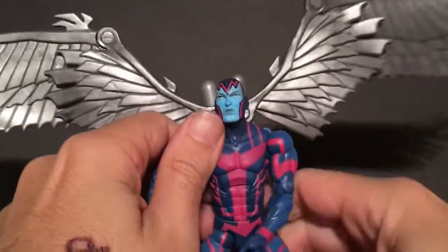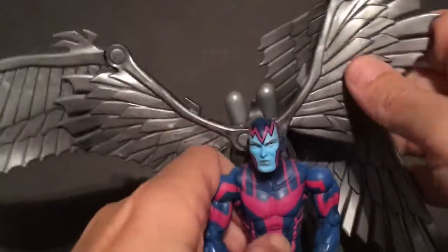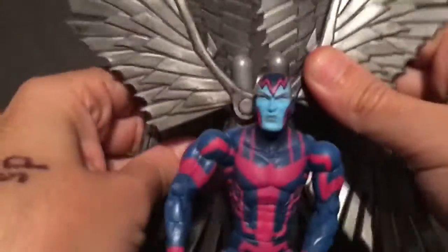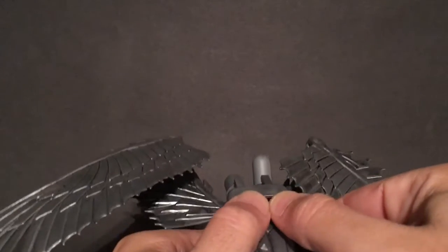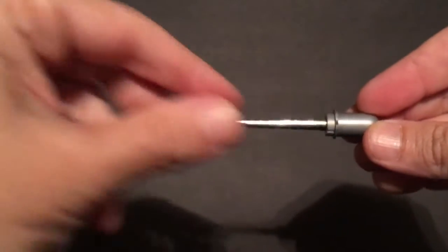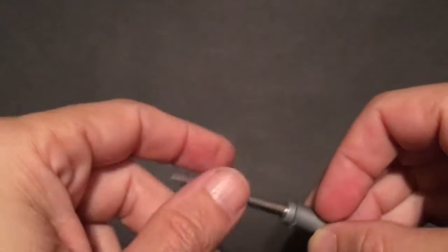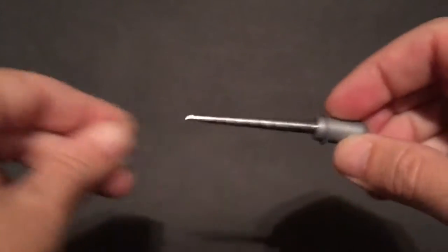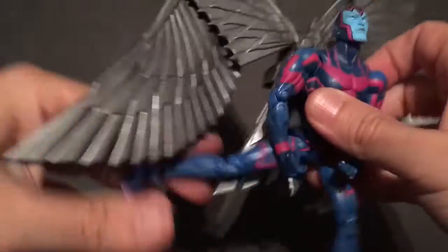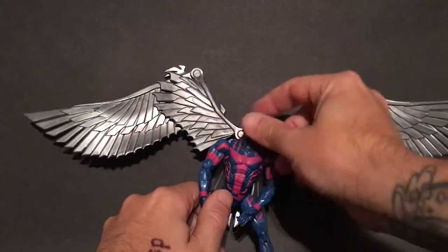And check this out. This was the Toy Biz Archangel based upon the iconic revamp, and he had some really cool firing projectiles. Now look at this. This is just a telescoping piece of foil paper. But they wanted to give it a feature. I mean, look at the size of the wingspan on this thing. It's clunky, but as a displayer,